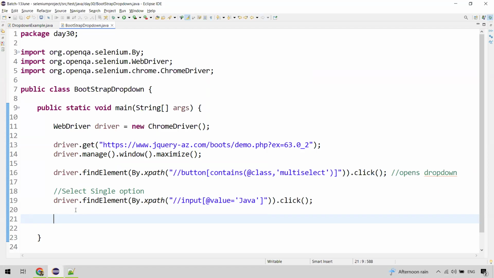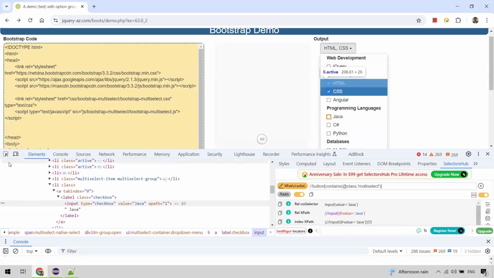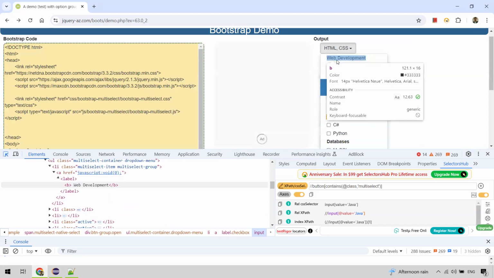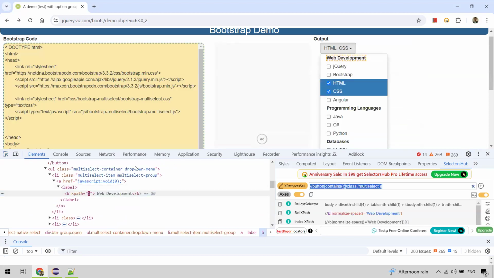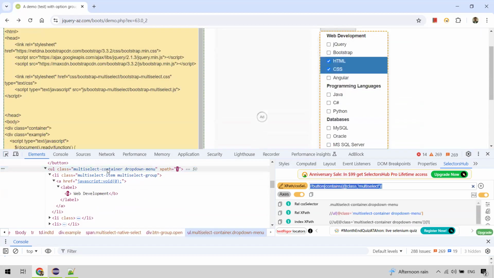So how do we get it then? Till now, if you wanted to find more than one element using Selenium, the method which we use is find elements, right? So the common XPath for all these elements has to be selected. So how do you do that? Let's see. So this is web element, and if I hover on this, this is multi-select item, multi-select group file. If you hover on this, it is actually selecting the complete dropdown here, right? So this part,